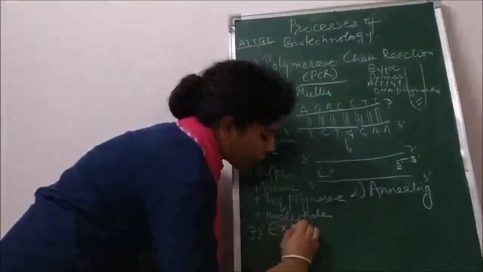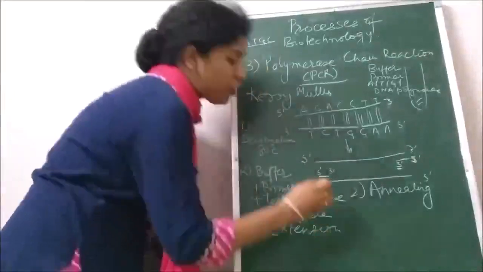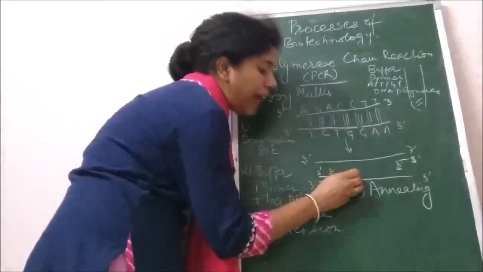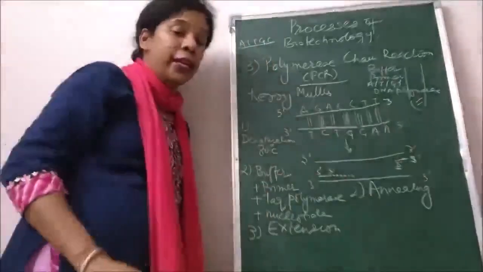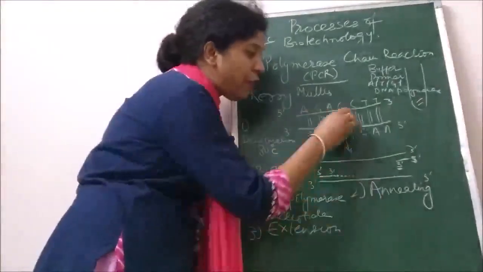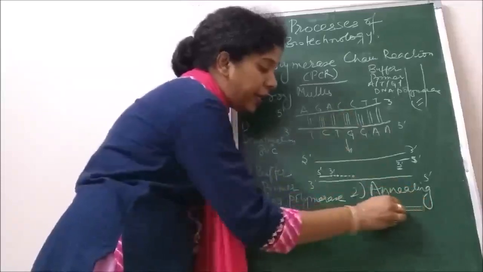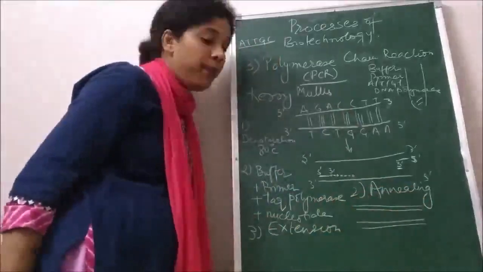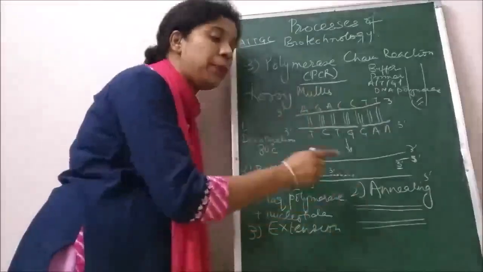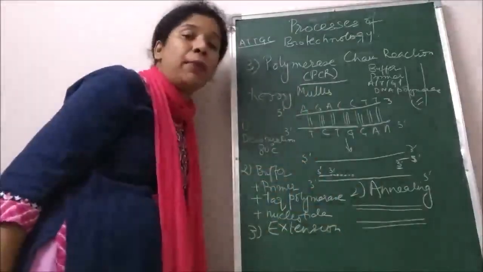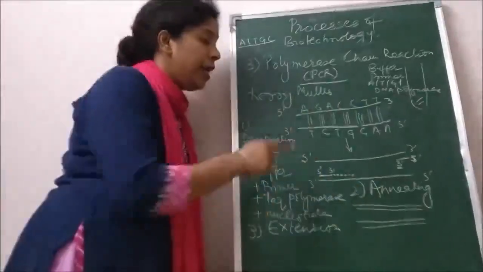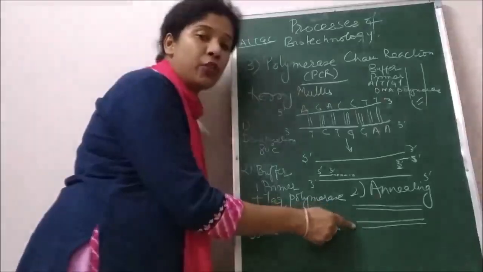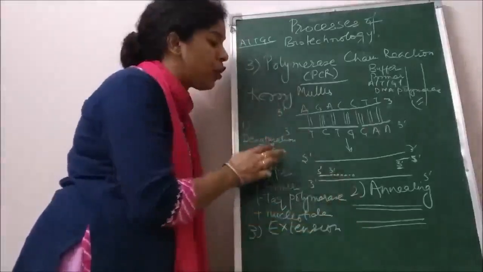In the extension step, the nucleotides which have been added into the buffer are going to be added on the basis of complementarity. So by the end of this process, from one strand, you will get 2 double-stranded DNA, and this process will be repeated multiple times, and every time the amount of the DNA is going to get doubled. Initially you had 1 double-stranded DNA, now you have 2 double-stranded DNA, simply because of the 3 steps.